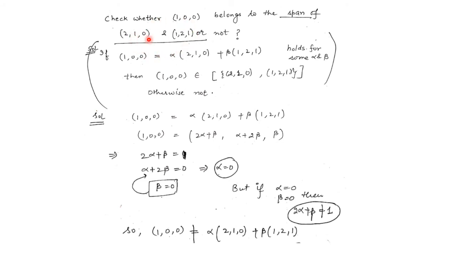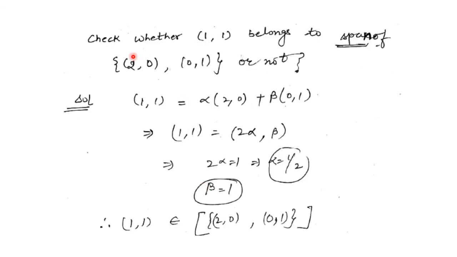So once again, you are given any vector V3, right? We have to check whether this element belongs to the span of this, meaning this element can be written as a linear combination of these two. If we can find the values of alpha and beta, then this belongs to the span of this, otherwise not. And in this case we cannot find the values of alpha and beta such that this can be written as the linear combination of these two. So this does not belong to the span of this.